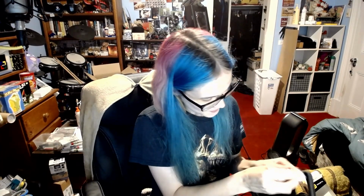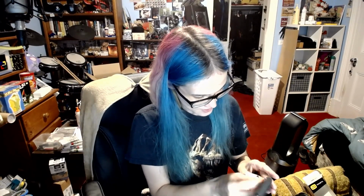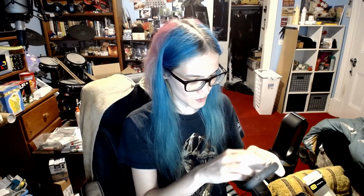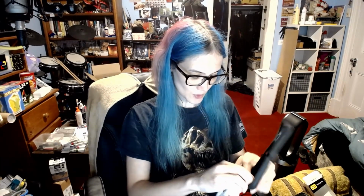Did I get them all? I think I got them all. Alright, I'll pop it back in here. Oh, I didn't do a great job of getting the moisture out after washing that, which, the whole point of the case is to stop those things. Although on the upside, both phones have a degree of waterproofing, so if I don't quite get this right, it's not the end of the world. Yeah, just all these little cracks and bits. I should have done this off camera, but seeing as I'm on camera doing this,